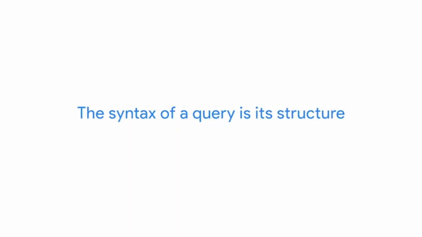The operators are embedded in the queries when pulling data from a database. Just like spreadsheet formulas, there's a few different ways to perform calculations using queries. Let's look at the syntax for one possible query. The syntax of a query is its structure. It should include all the specific details of the data you want to pull into a new table and where those details should be placed. So if you want to add values from two columns of a table, you start with the select command, followed by the name of your first column, then the name of your second column.